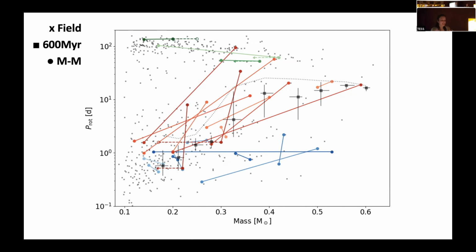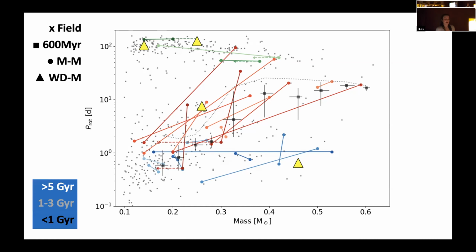This is useful, but we still don't have specific ages for this diagram. And that brings me to the next set of stars that I looked at, which are M-dwarfs in wide binary pairs with other types of stars. So first of all, white dwarf M-dwarf pairs, where we can age the white dwarf using white dwarf cooling curves. And so those are the 4 systems I looked at. And then these are the ages that I found.